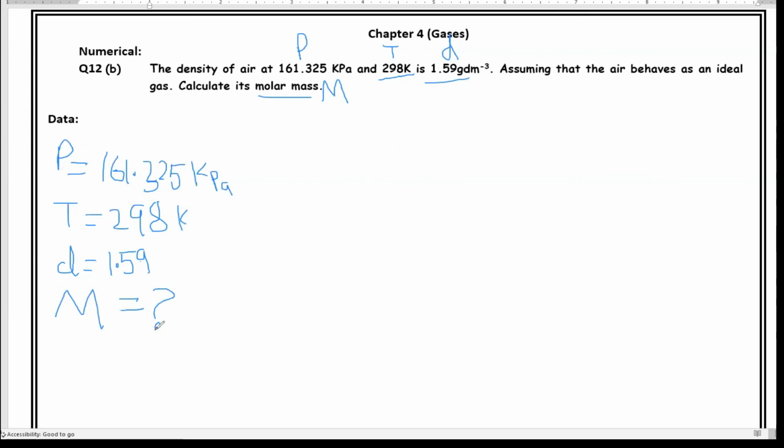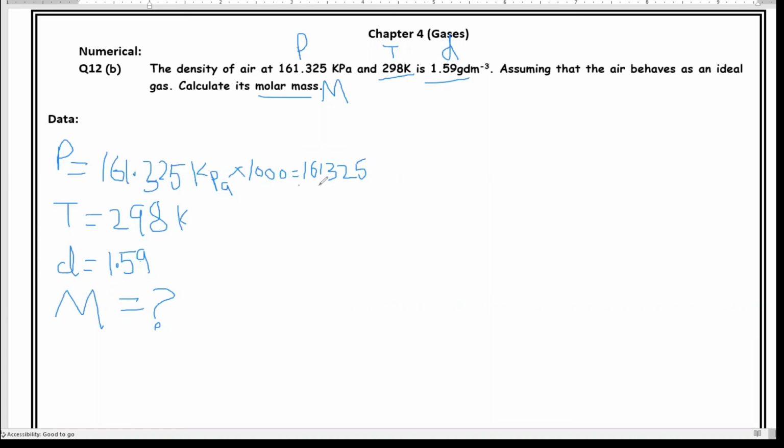The first one, we have to convert the pressure and the units into standard values. So first you convert the pressure from kilopascals to pascals, so multiplying with 1000, because we have to convert Pascal into ATM. First convert into pascals, multiply with 1000, that comes out to be 161.325. By multiplying with 1000, your answer is 161.325 pascals. And now we are going to convert this value in ATM.